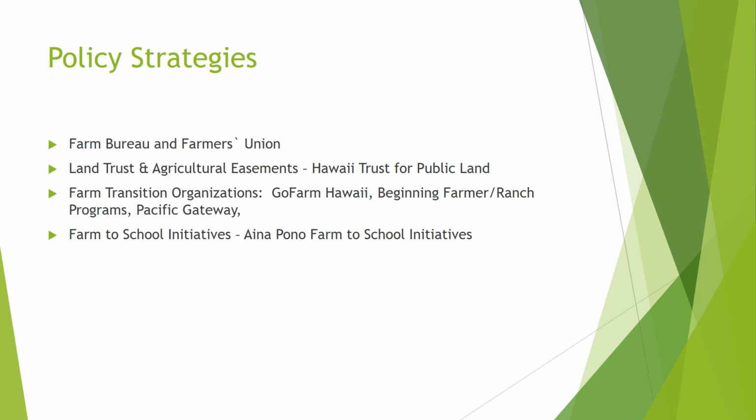We also have education strategies. So these are consumer education efforts that have grown since the 1970s. They've been emphasizing the importance of non-farmer support for small-scale and family farmers in maintaining an economically viable small farm economy. Examples include Buy Fresh, Buy Local campaigns, which the local Hawaii Department of Agriculture runs, and marketing locally grown foods at retail outlets and in restaurants. We also have farm-to-school initiatives, such as the Aina Pono Farm to School initiative, that is working to get more locally grown product into school cafeterias.